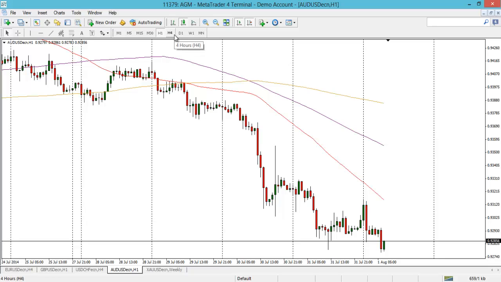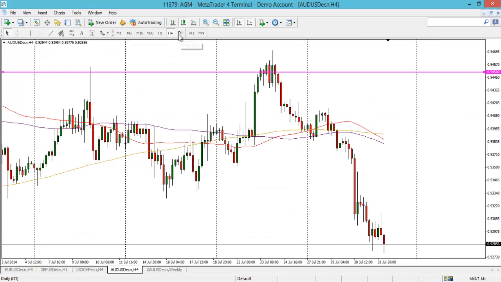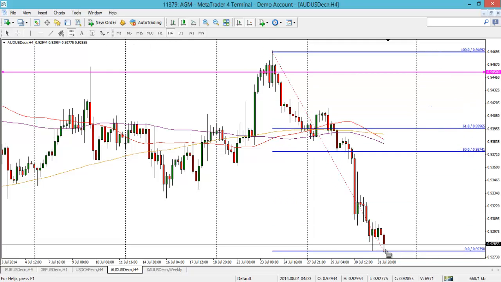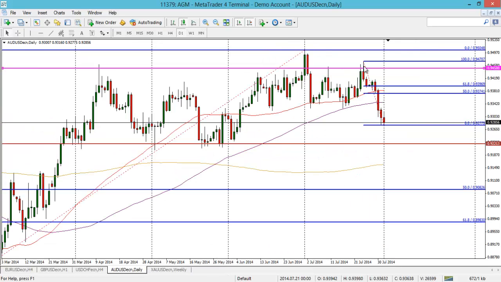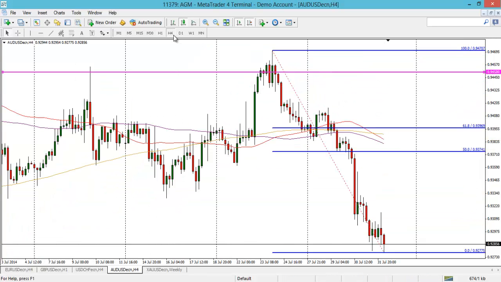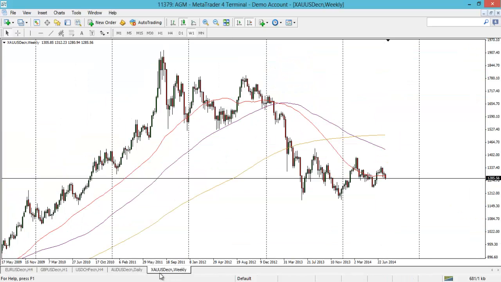In terms of shorter terms, 4 hour, 1 hour, nothing major of interest. The only other thing I would keep an eye out for is this 4 hour chart. In terms of fibs on the downside, if you think it's going to keep on going lower, this could be an interesting one to keep an eye out for. It's that swing high there in July to the pretty much current low now, this 4 hour candle. So that 50% comes in at 0.9374s there. Okay, that's the Forex done.